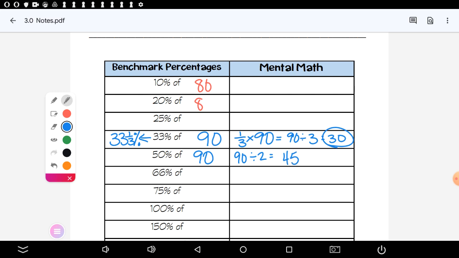Now, we're going to change 66 to 66 2/3. What fraction is the same as 66 2/3%? Sophia, do you remember that one? The fraction for that one? The other weird one? 5/6. Not 5/6. Stella? 2/3. Now, we could do 2/3 times 90 and we have multiplied fractions before, but